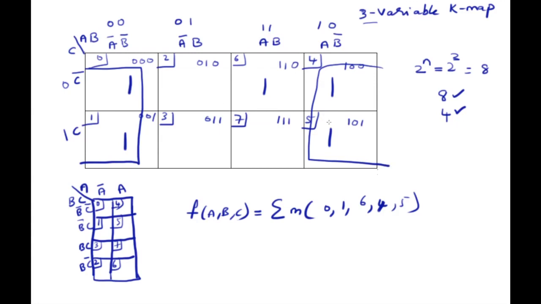So after considering this one group, then check for the remaining ones, the leftover ones. There is only one leftover. So instead of grouping this alone, I can group it with some other one. That means I can take the help of this one and group it so that I can reduce my literals. So next I'll check for 2 ones. That is found. So this is one group.